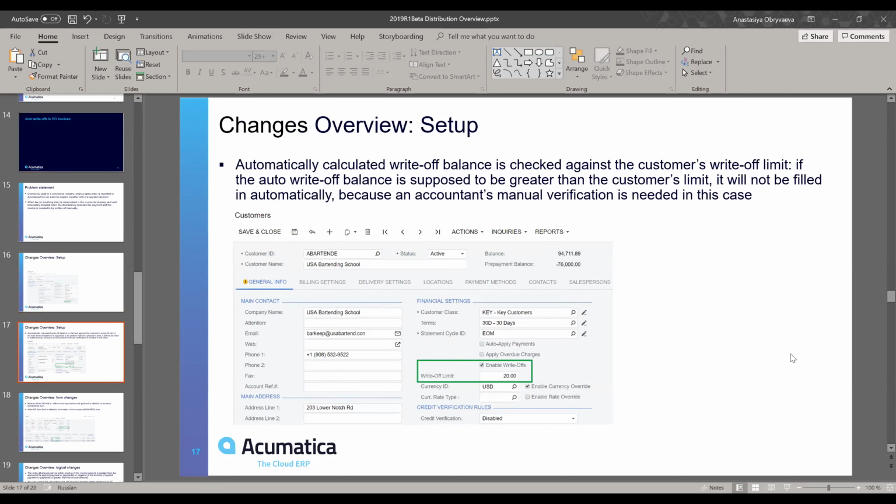The automatically calculated write-off balance is checked against the customer's write-off limit. If the write-off balance is going to be greater than the customer's limit, it will not be filled in automatically in the SO invoice. The write-off balance will be 0, and an accountant will need to verify it manually. If the difference between the invoice amount and the payment amount is inside this write-off limit,